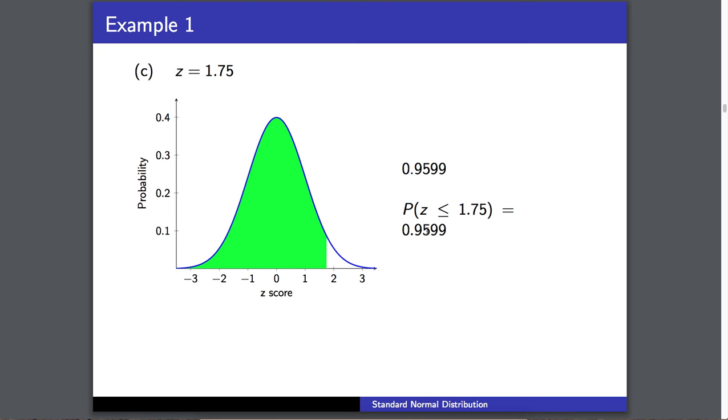0.9599 is about 96%. So about 96% of the values are going to be less than or equal to 1.75 standard deviations above the mean. This is also your percentile. So about 96% of all the other z-scores are going to be below 1.75, a z-value of 1.75. So we talked in the past about percentile. This is a very good use of percentiles with normal